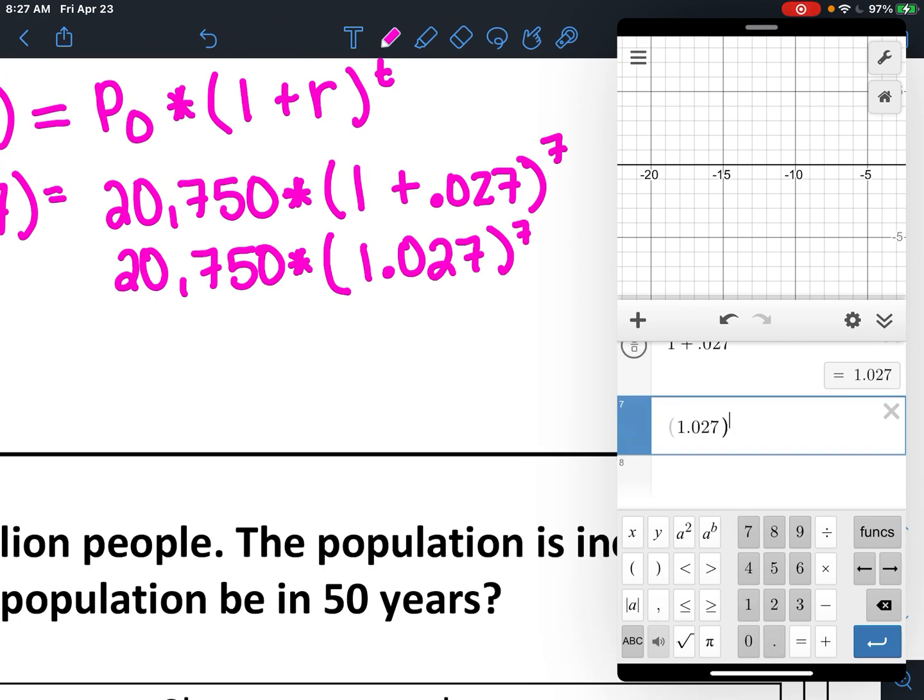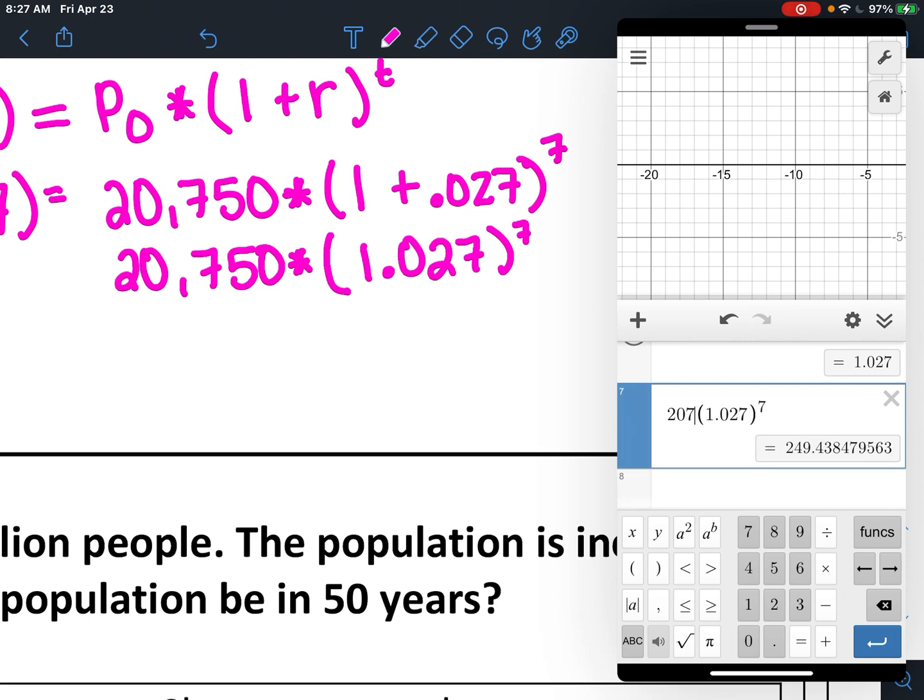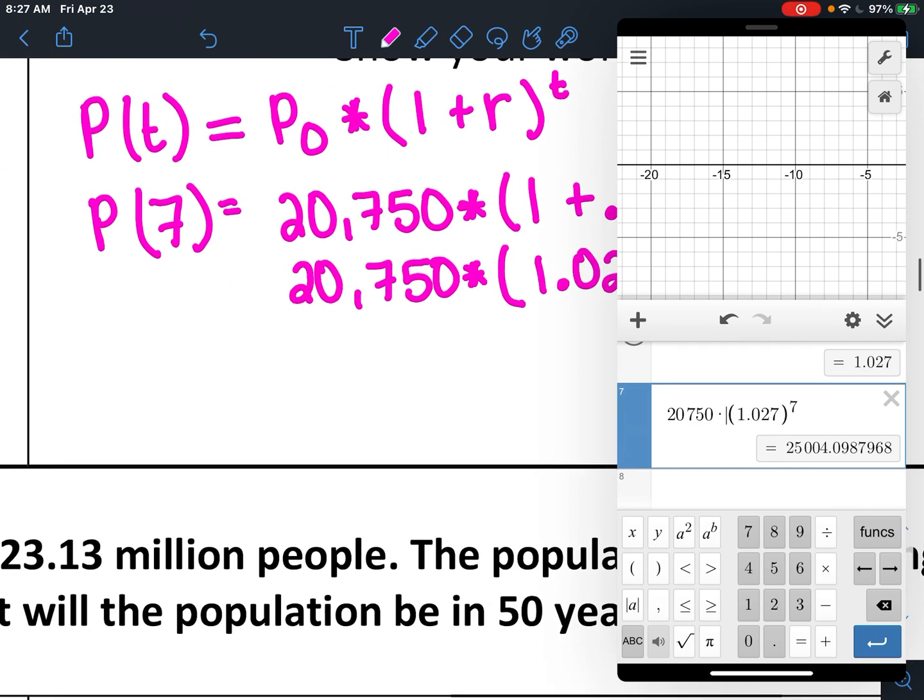I'm just following my order of operations here. So parentheses, next comes exponent. And I don't necessarily want to write that whole number down. Ooh, that's quite a large number. So I think I'm just going to, at the beginning, plug in exactly what I see. 20,750. So it looks like P of 7 equals